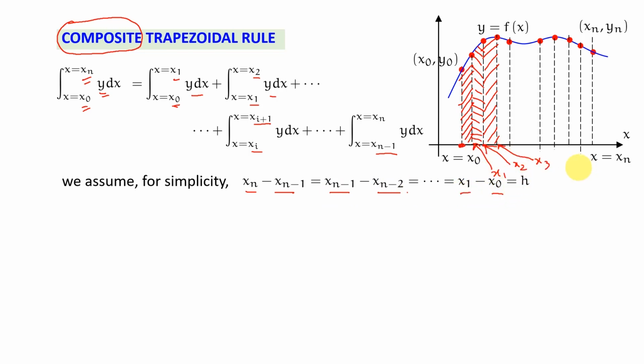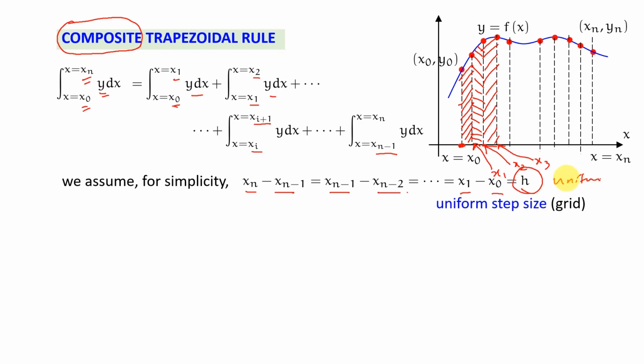So all these intervals are uniform, and I say this is my step size or grid size, that is h. In integration we usually use this term step size. In differentiation we call it grid size. So they essentially mean the same thing. So I take it to be uniform here,